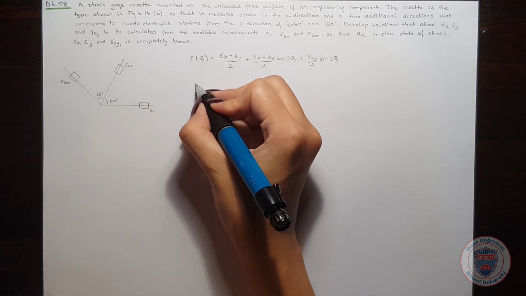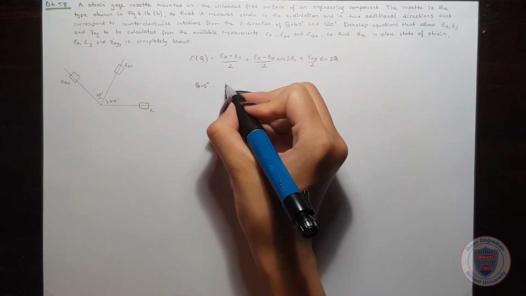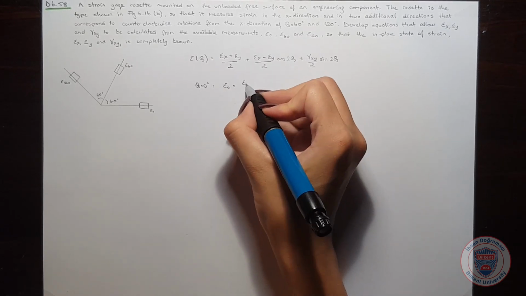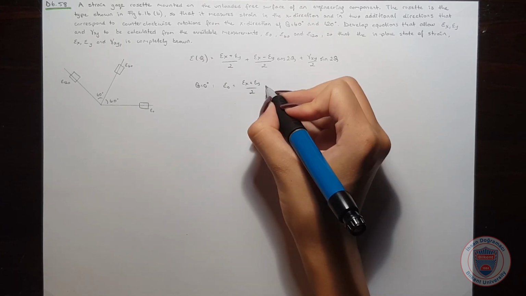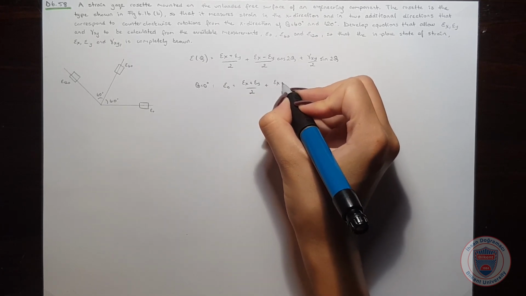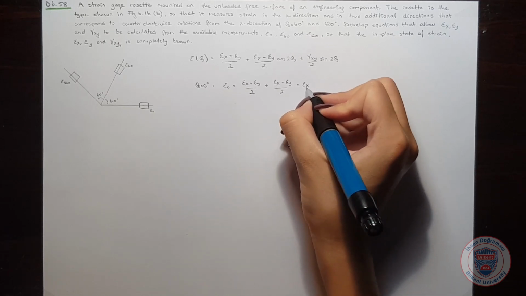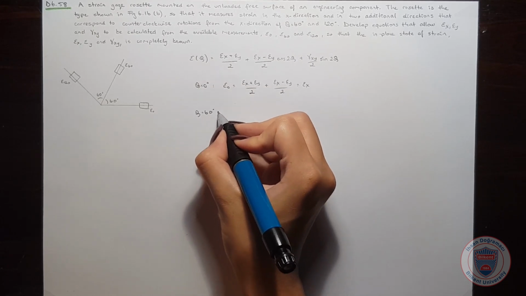We know that at theta equal to 0 degrees, epsilon 0 is equal to (epsilon x plus epsilon y) over 2 plus (epsilon x minus epsilon y) over 2, which is epsilon x. At theta equal to 60 degrees,